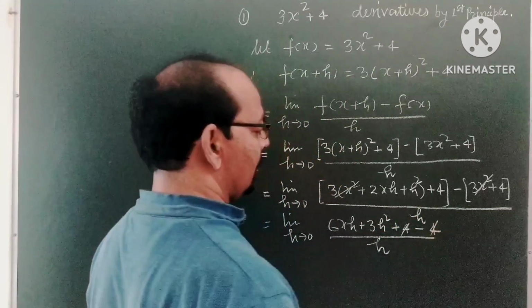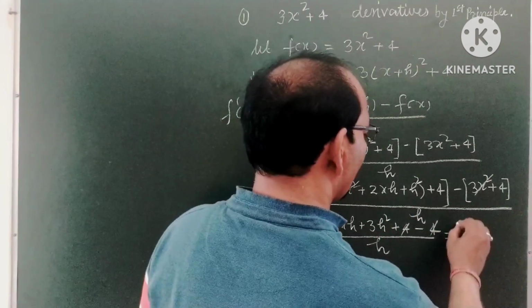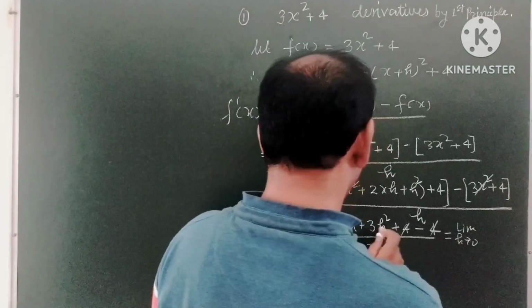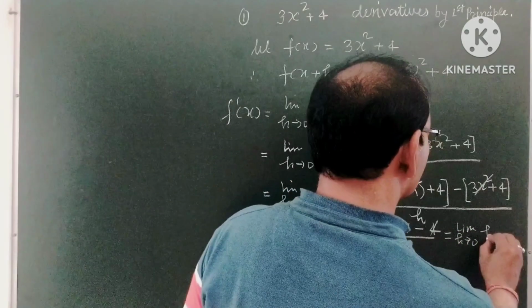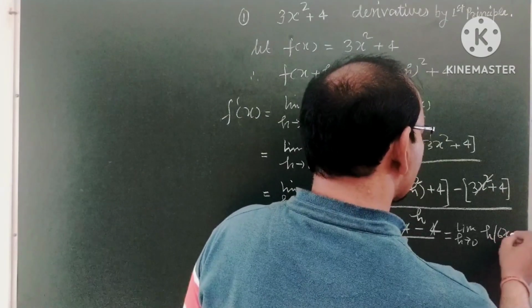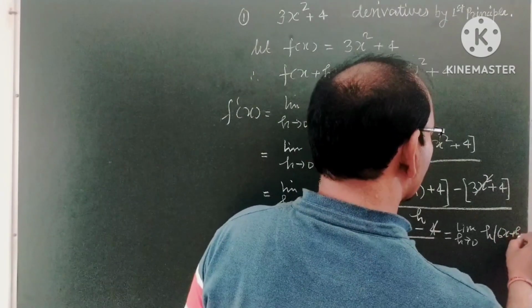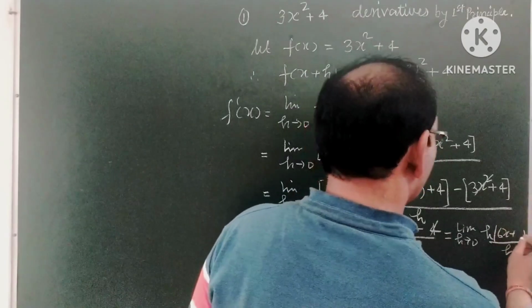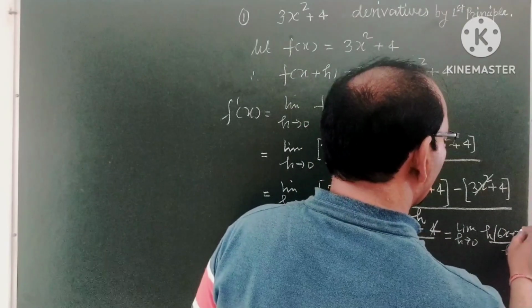This 4 and this 4 also cancel. Therefore limit h tends to 0; take h common here, therefore h times 6x plus 3h, by h,